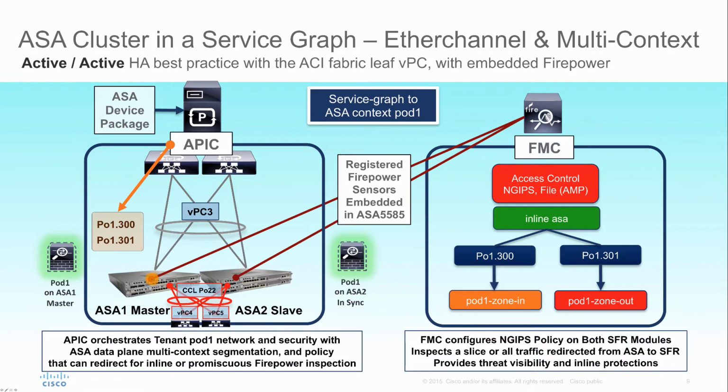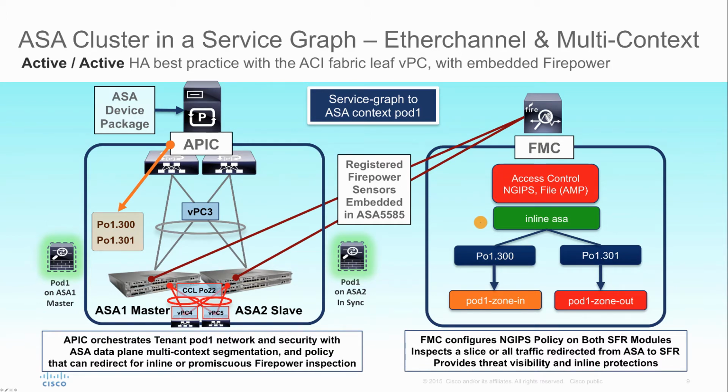So what happens, as part of the ASA device package, we can redirect traffic to the Firepower inspection, either inline or promiscuous. And our Firepower Management Console that you see on the right is registering these sensors that are embedded in ASA appliances. The sub-interfaces created by APIC will actually show up in that management console and allow us to segregate them into their own customer and apply a unique policy in terms of malware, NGIPS, or access